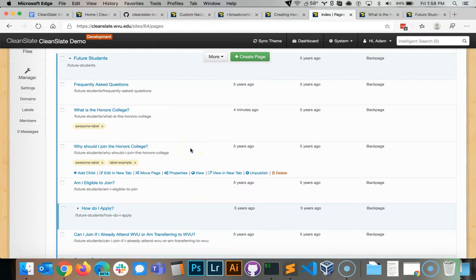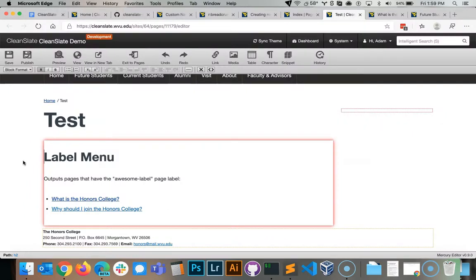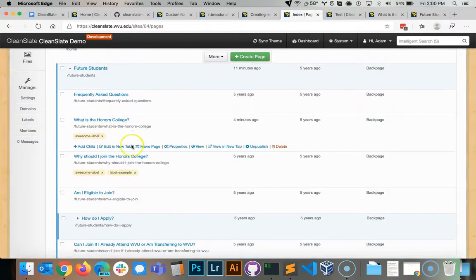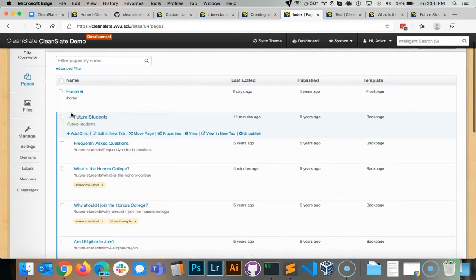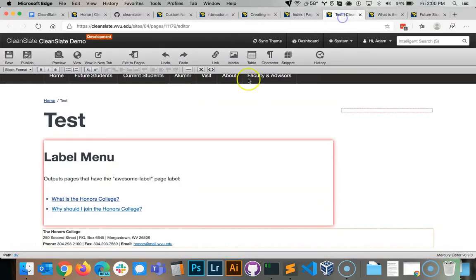So I'm going to do that behind the scenes and output it and show you what it looks like. I went ahead and added this code to a Radius Snippet on a page. This is the page. I just added some descriptive text to show what we're doing here. But keep in mind, we added those two labels to our page here. These are two pages with our labels, right? And they're under future students. This page is actually this test page right here that I've added them to, and it is indeed outputting those